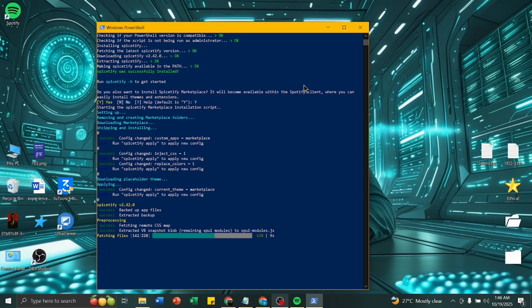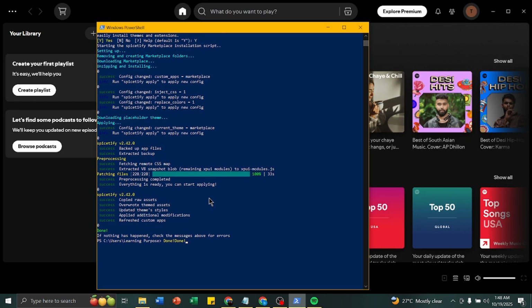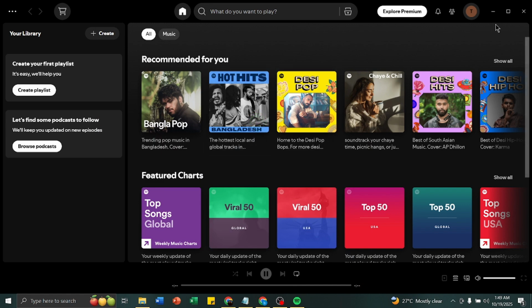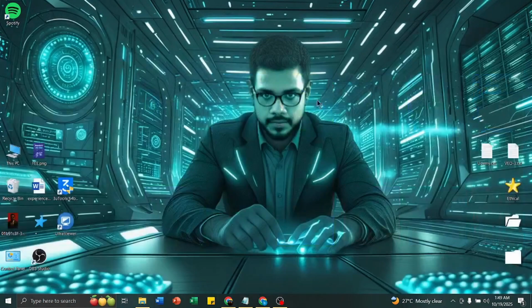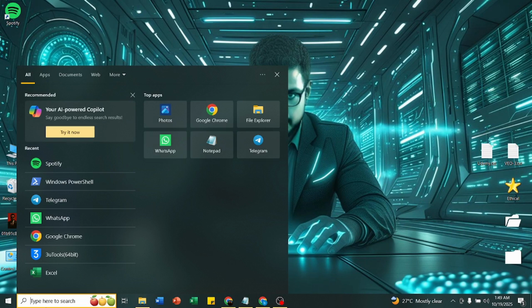It is fully downloading the software execution. You have to wait a little bit to complete this task. As you can see, the processing is completed, and it shows that it is totally done. Then you have to close the box, and close this also, and then we have to